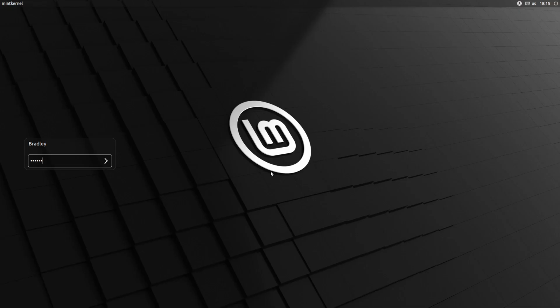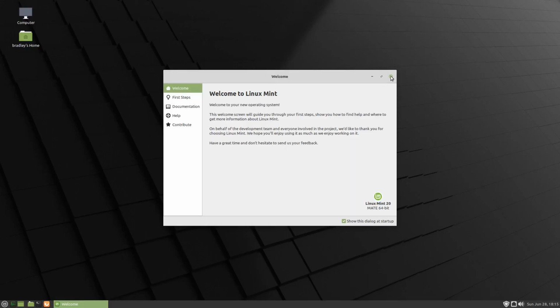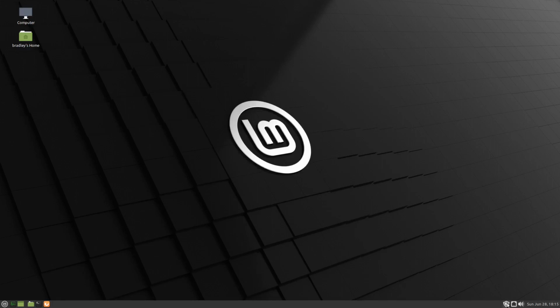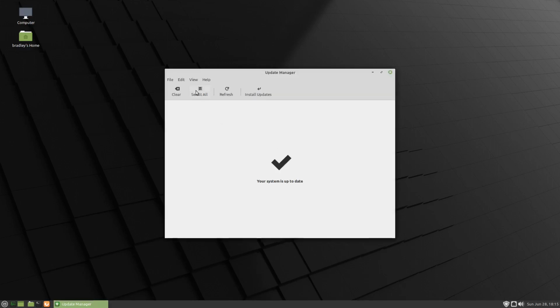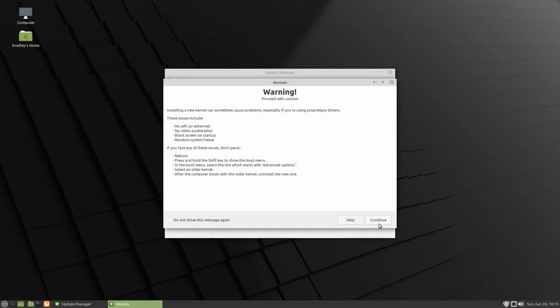Now I'm not going to hold the shift key down, I'm just going to let it boot. That's looking a little bit different already there. We'll let it go to the desktop and we'll have a look, see what kernel's running when we get up there. Okay, there's our desktop. Let's click on the Update Manager again, and we'll go View, Linux Kernels, Continue,